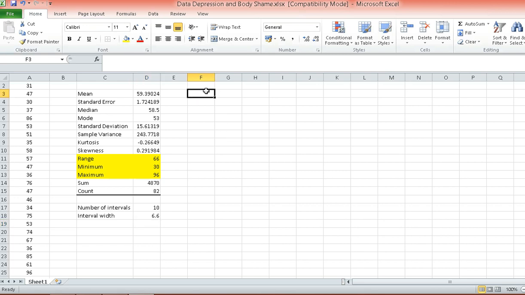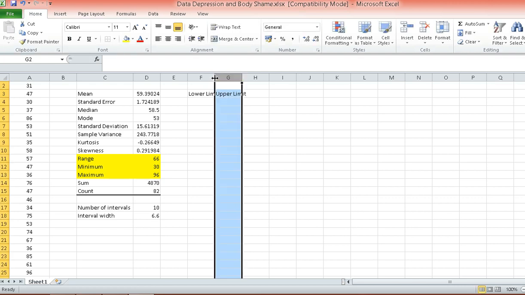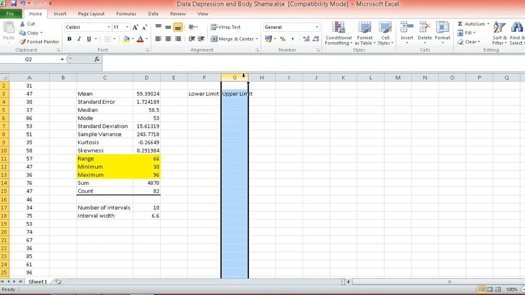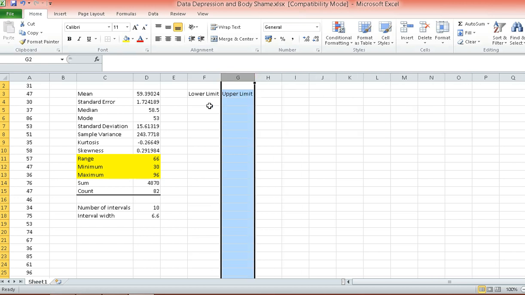Next, type in lower limit, and then for another column, the upper limit. So basically, in here, I would like to determine what the lower limit and upper limit are for each of the intervals.